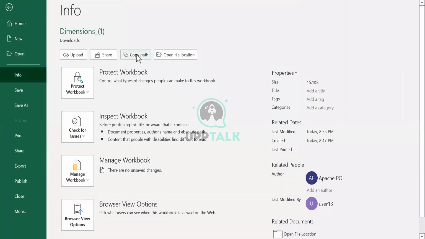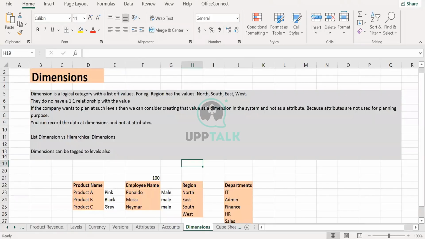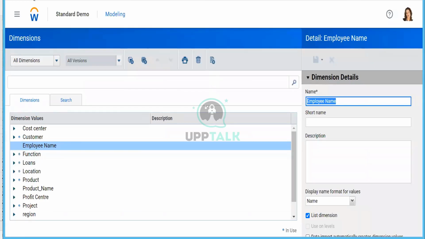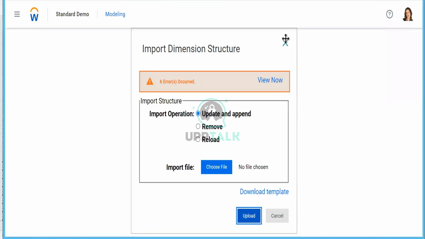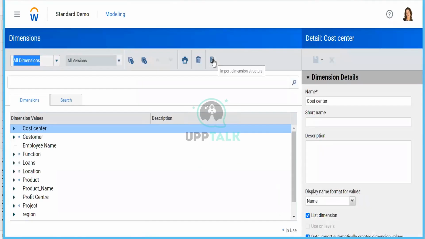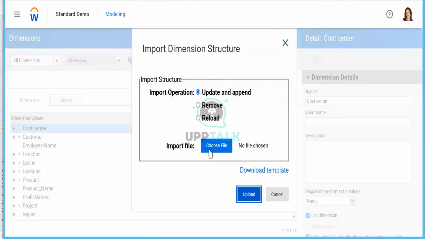I just deleted what was written in the parent column. I will just refresh the page once again. Cancel import.